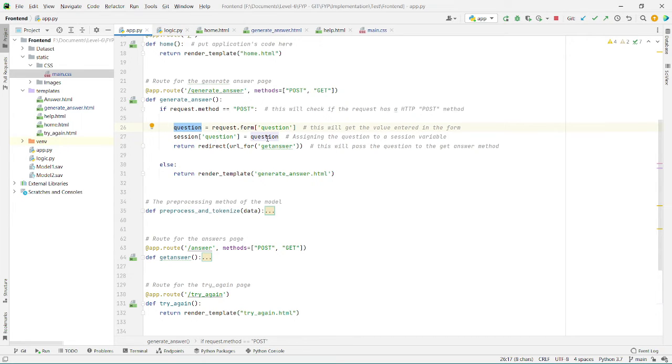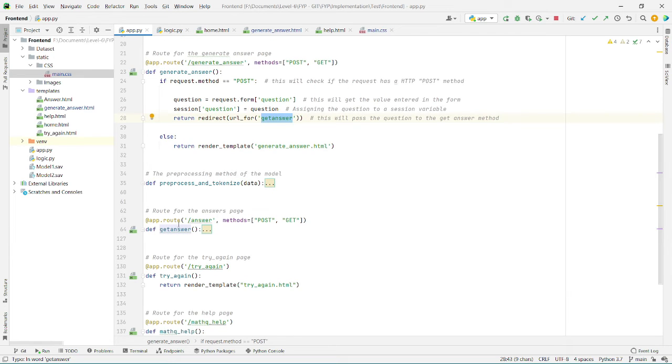Here I have assigned the variable to a session variable, so that it is easily accessible in other routes and also in other methods as well. And then for the returning, the redirect URL is for the get answer method. So the get answer method is called upon here. So the get answer method